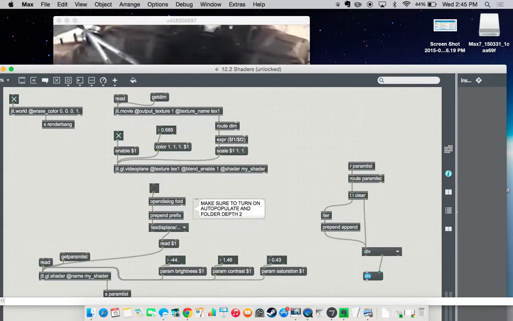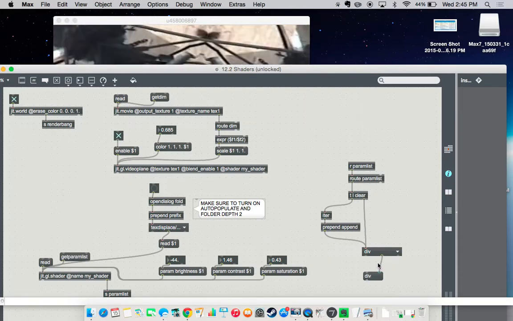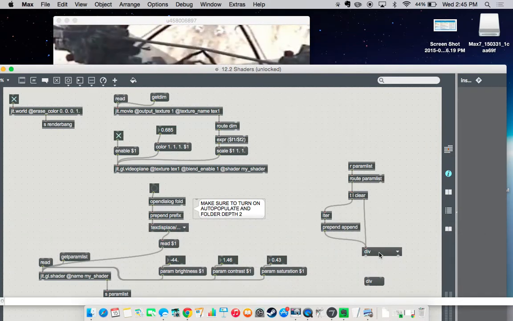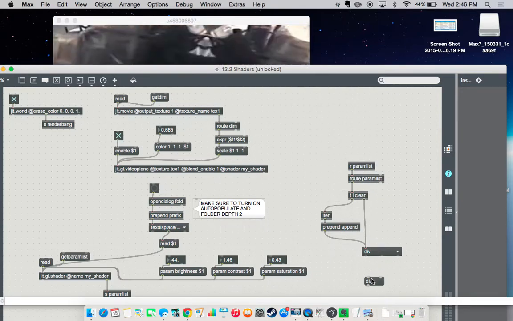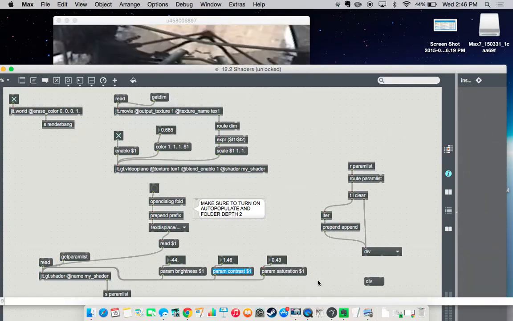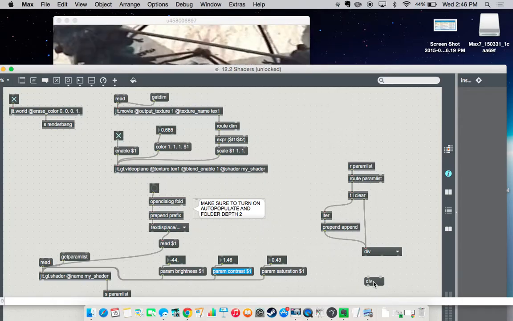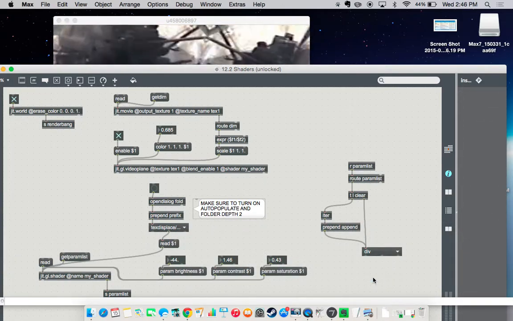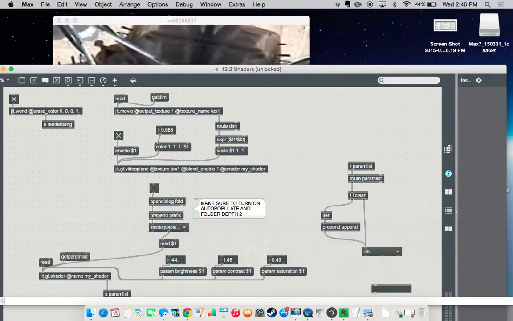But what we need to do actually is, sorry, this is the part where my notes got all messed up. We need to create, we're creating the message param, right? We need to compose this kind of message right here, this param contrast or whatever it is. For Kaleidoscope, it'll be param division and then $1. So in order to create a dynamic system to do that, we need to use a prepend. I keep hitting the wrong button. New object, prepend